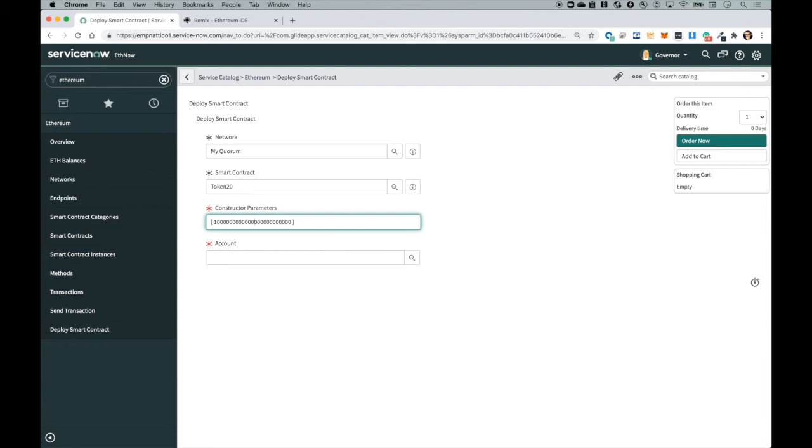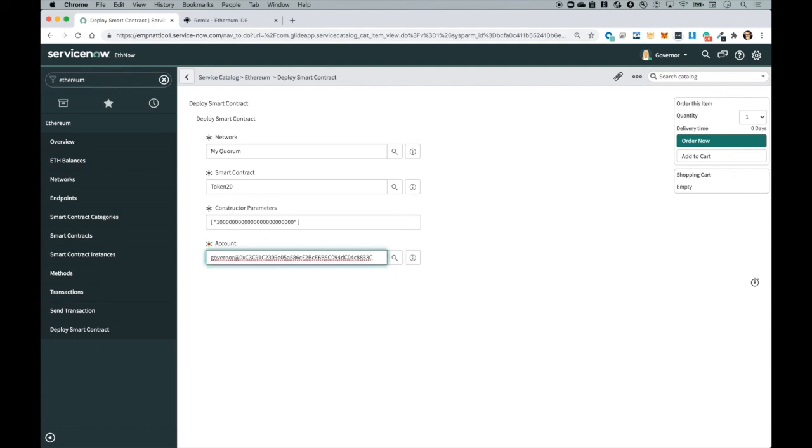And because this is a very big number, I need to put it as a string. So this is the complexity in dealing with constructor parameters because they work at a very low level in the blockchain.